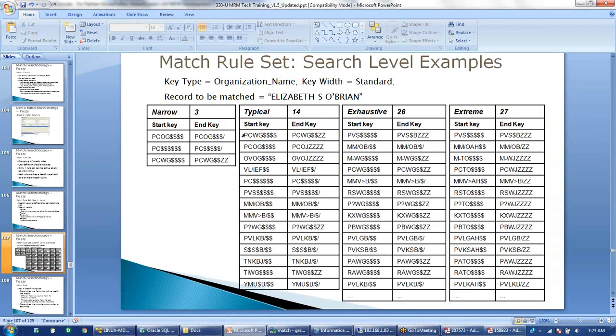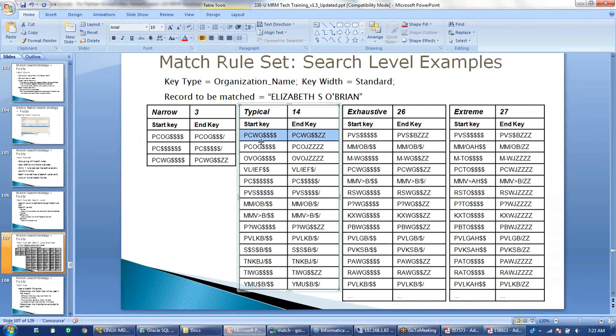Between the start key and the end key that it builds, we don't know how many keys might be there. There might be a single key, or there might be 100 or 1000 keys within this range. So based on whatever search level we have given, MDM will pick up some start keys and end keys.